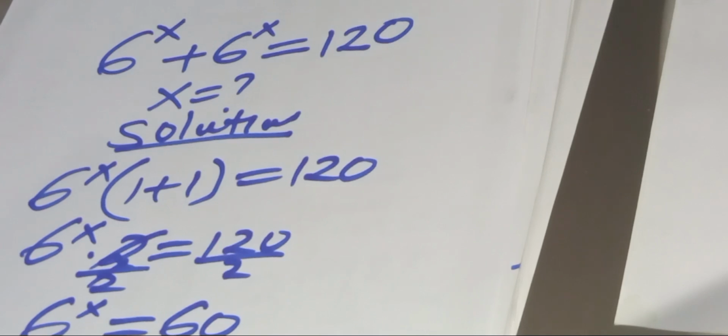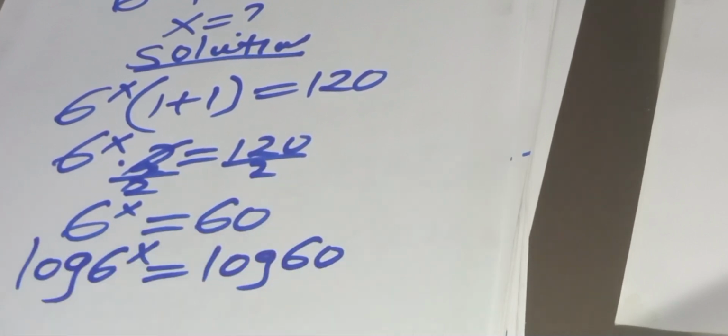All right. Now to solve for the value of x, we introduce the natural logarithm on both sides so that we'll have log 6 to the power x. This is equal to log 60. As you can see, log 6 to the power x is in the form of log m to the power n, which you can express as n log m. So now applying this power rule property of logarithm, log 6 to the power x becomes x log 6. This is equal to log